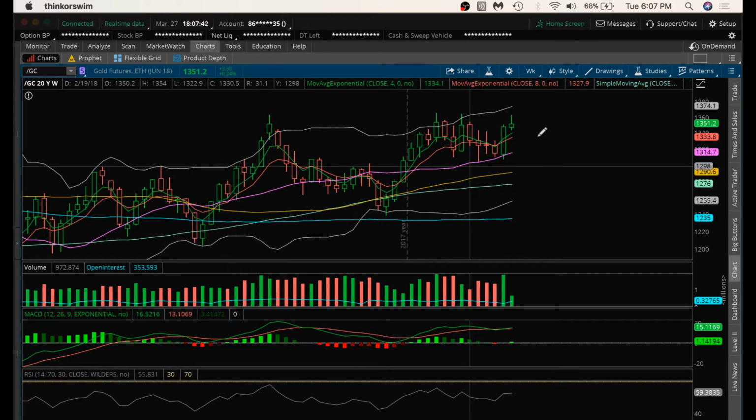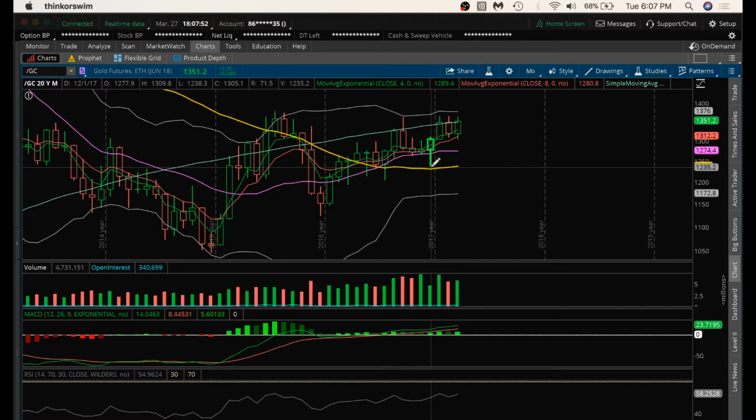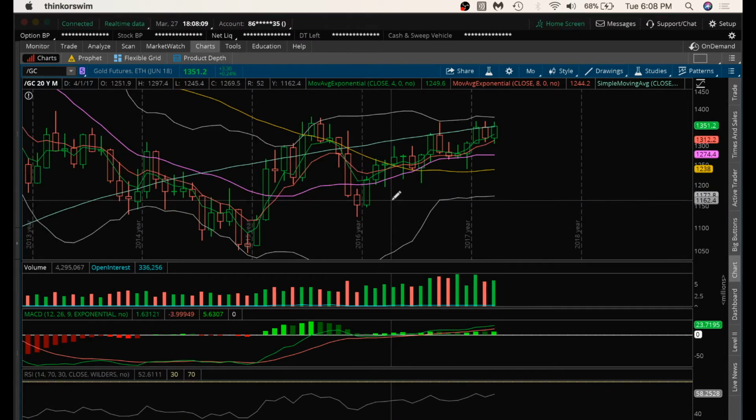Let me go back to the monthly chart. On the monthly chart, really anything above 1238.30. So we could pull back here, and we'd still form a higher low on the monthly as long as bulls can hold above 1238.30. So again, this is a chart to be watching longer term with those resistances and supports. But it's going to be very interesting as it plays out with these geopolitical events and the creation of